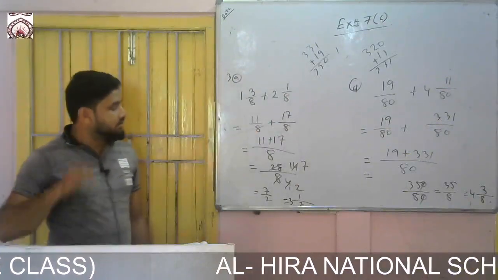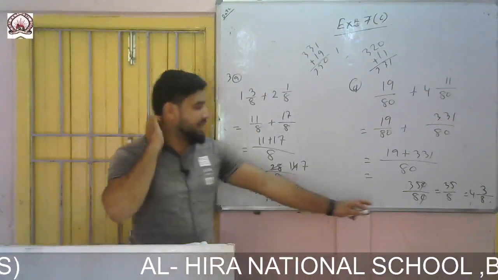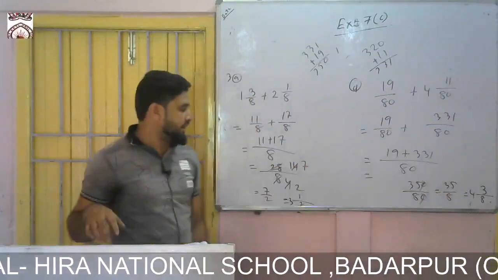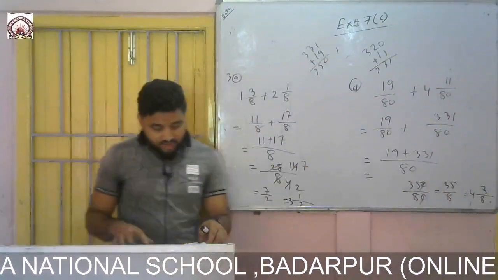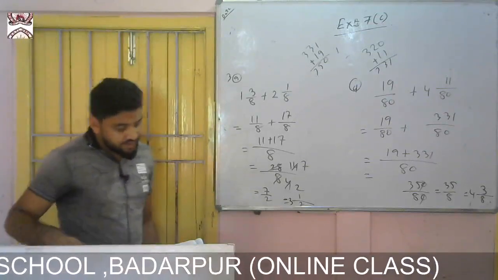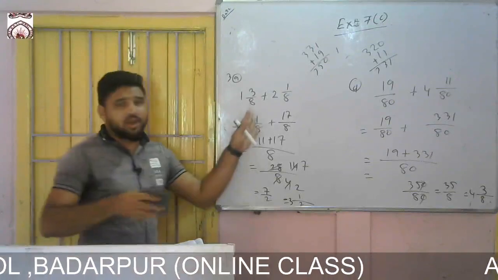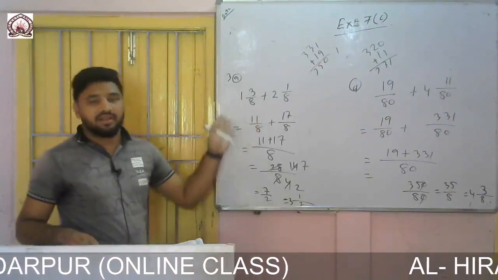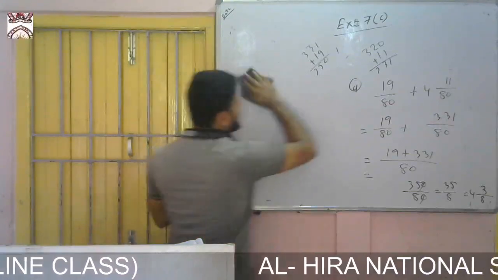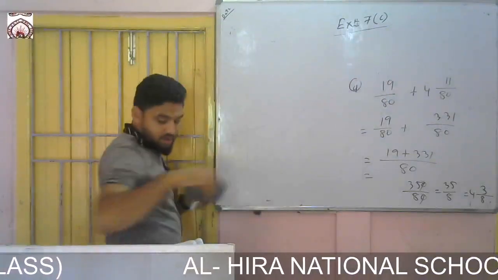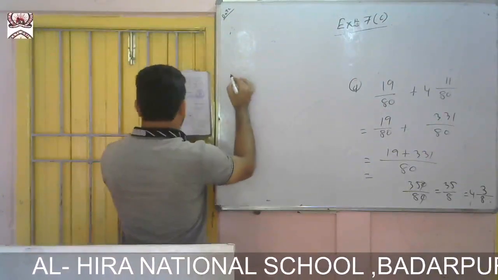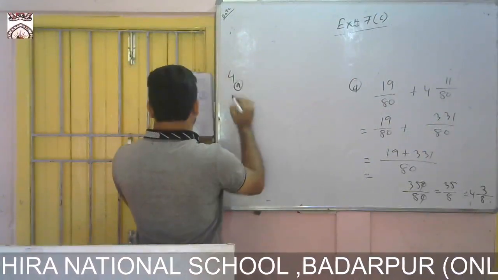Now how to take this one in mixed fraction? This one I have already shown. By dividing you take, as earlier. Now come to question number 4. Subtract 8 by 15 minus 2 by 15. So these are same. Earlier we have done addition, now subtraction. These all are same. So question number 4, only 2 I am showing, because the methods are same, only digits are changed.